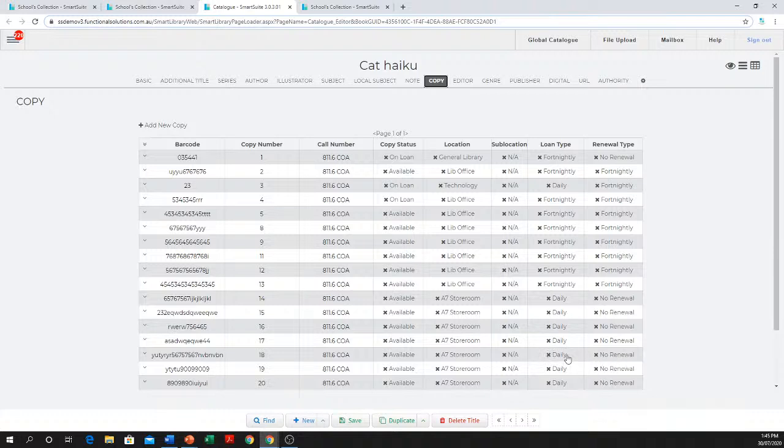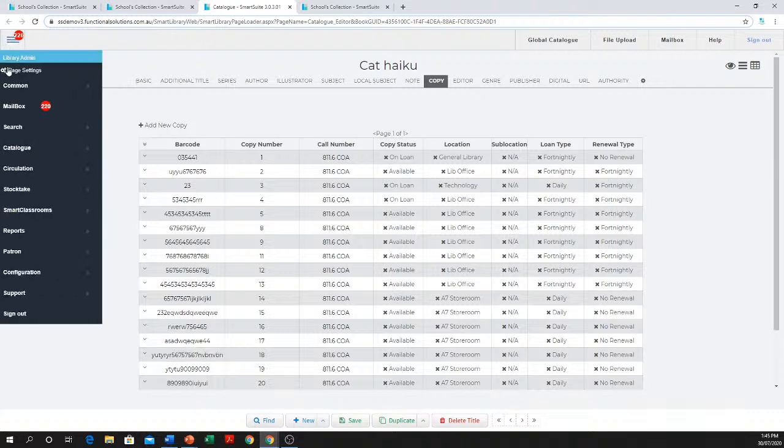Okay, which means they can only have it for 1 day. So someone comes and they bring this particular barcode to the desk, and they're going to now circulate this barcode number. It's going to calculate it that it's 1 day. However, the person that they're going to circulate it to,